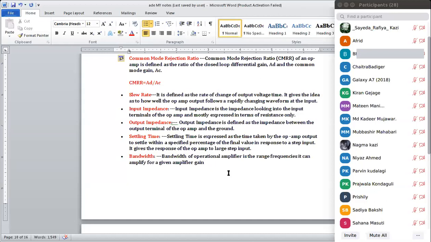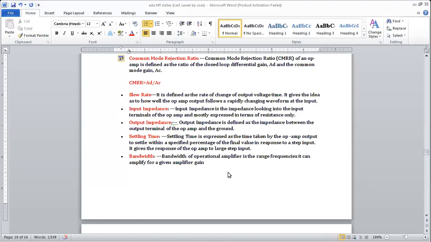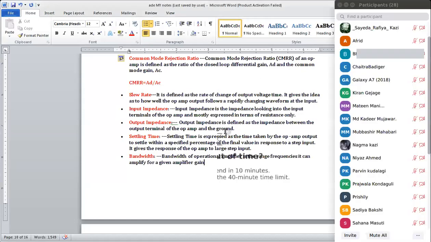because the operational amplifier does not have the ability to amplify higher frequencies. So when the range is given, within that range only the operational amplifier is going to amplify the frequencies. That range is called the bandwidth. Say suppose 4 kilohertz to 8 kilohertz. If I set 4 kilohertz to 8 kilohertz, the bandwidth is now 4 kilohertz. 8 kilohertz minus 4 kilohertz, the total bandwidth is 4 kilohertz.